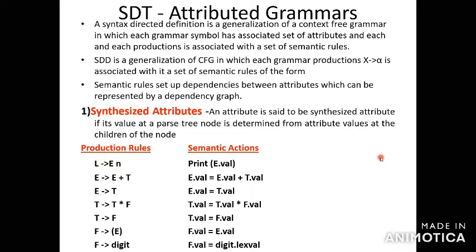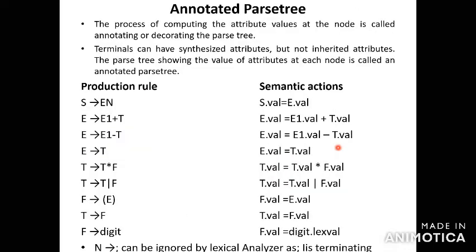If you want to construct the parse tree based on the given grammar, the parse tree from the given node is determined from the attribute values of the children of the nodes. The values specify the children of the nodes. So this is one way, and this is one way of a 2-mark question.